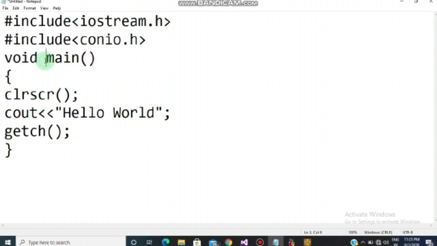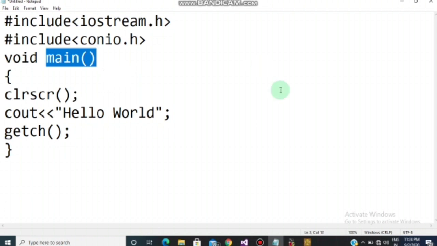Now we talk about main. Children, always write main like this only, with these parentheses. As I discussed in our previous video, main is the starting point from where the compilation of your program will begin.